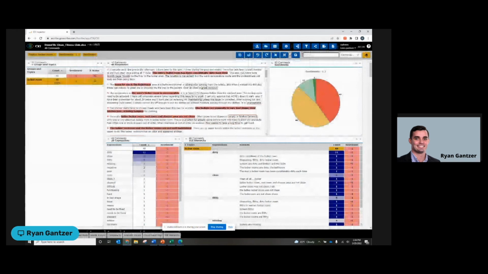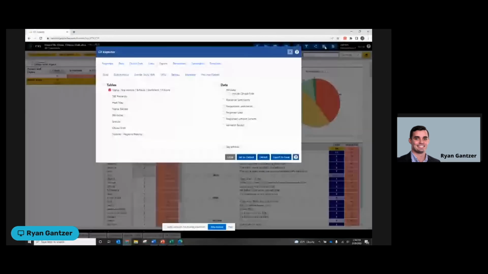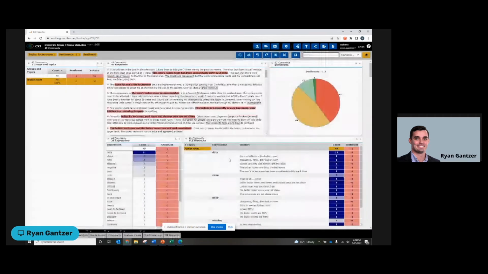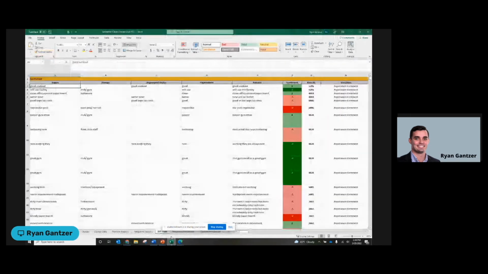Another way our clients will share the data is with this export icon. With this, we have a whole bunch of different formats in which we can export. Some of the more common ones are Excel and Tableau. And we have a bunch of different ways in which we can choose to include or not include various tables and data. And to show you what an export to Excel looks like, here again, down at the bottom,